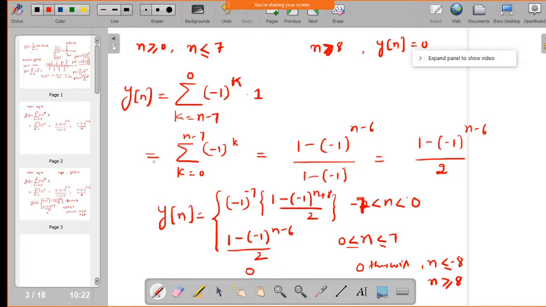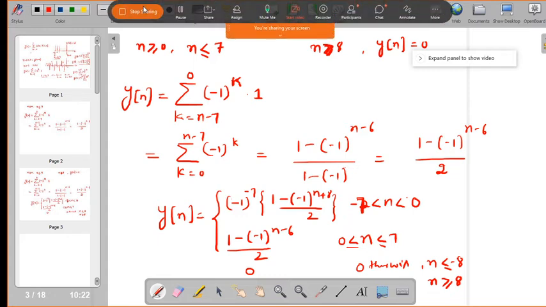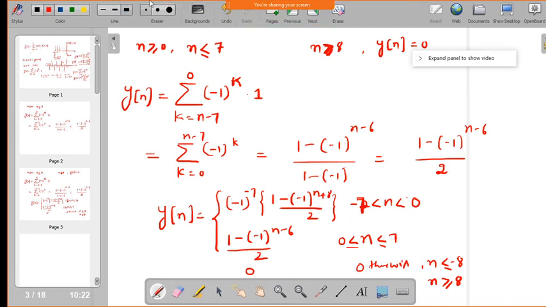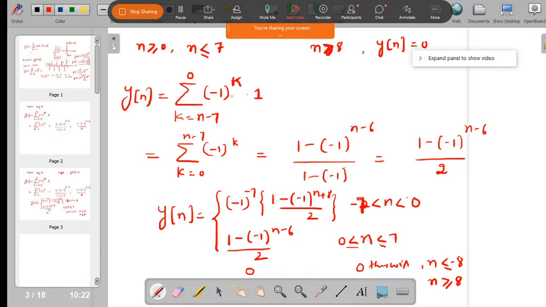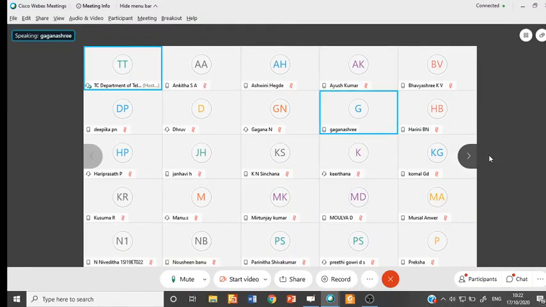So is it understood? Any doubt? Hello? Is it understood? Yes, sir. Hello? So any doubt, anybody? If you don't get it, you just tell me index values, I will tell you. Anybody is having any doubt? Understood?